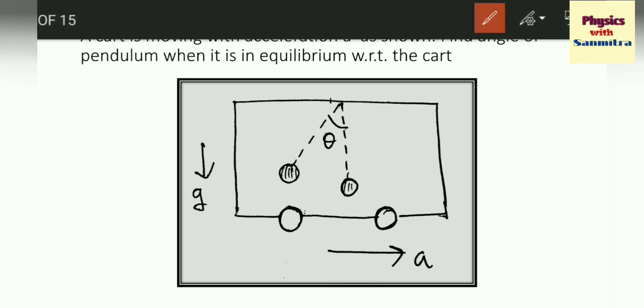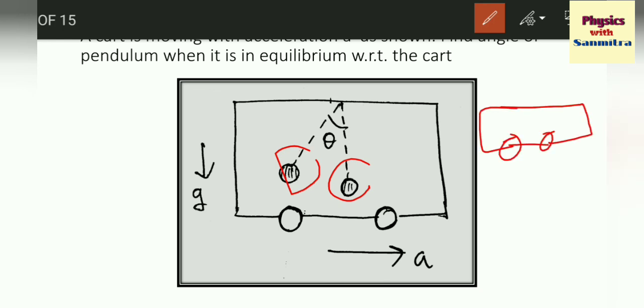Since this pendulum wants to retain its position, it was here, so it wants to stay here. Since the cart is moving forward, this pendulum is forced to move forward, but it wants to retain its position. So this will be something like this. Initially it was something like this, say I'm showing with a different color. After moving, this pendulum position won't change, but this cart is moving forward. But to an inside observer,